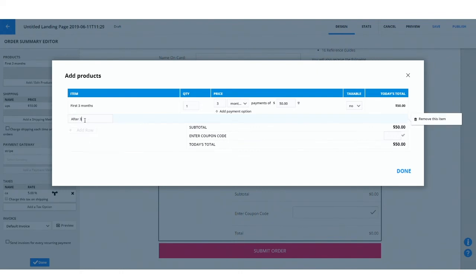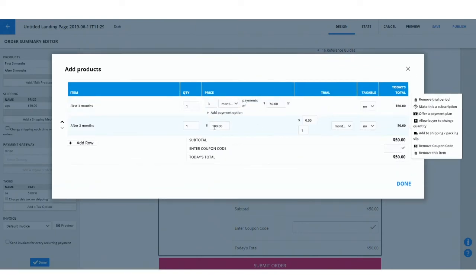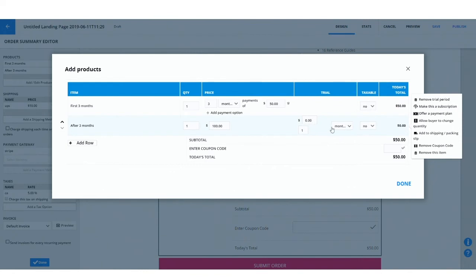After 3 months. And then what do I do? I wanted it to be $100 for that, so I'm going to create a trial period that is $0. Sorry, I'm on a little monitor here, and this is getting squished up a little bit, but this is $0 for the first,